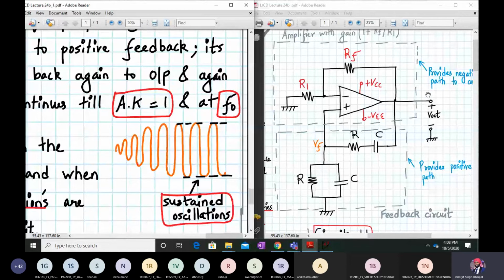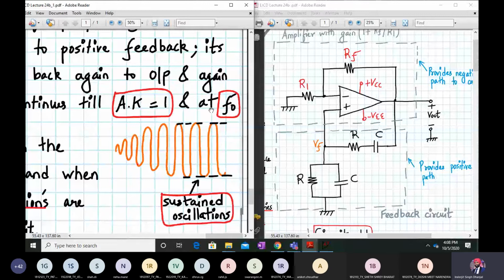Let's say the output offset voltage is 1 millivolt. So next time it passes back to the input side and back to the output, it becomes 3 millivolt. Again it's fed back to the input. Due to positive feedback, the amplitude will increase. So right now, how much will it be? The amplitude will now be 3 into 3, 9. So the process will keep on repeating until you get a sustained oscillation like this.